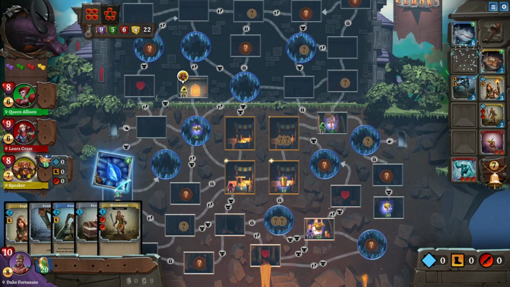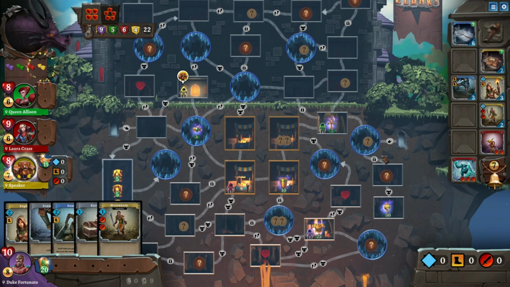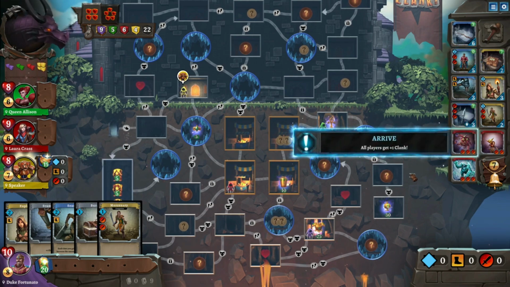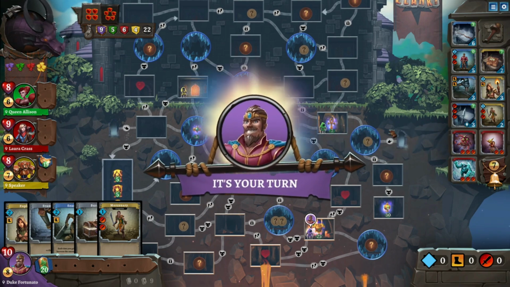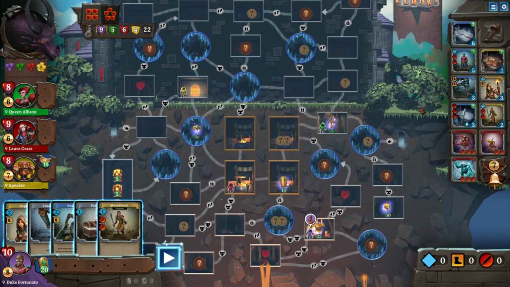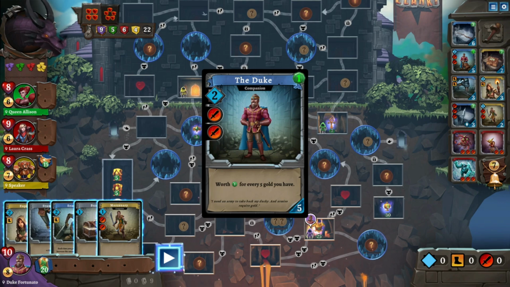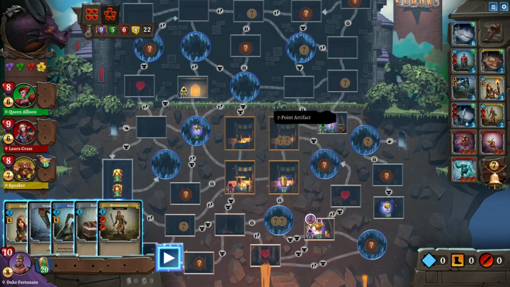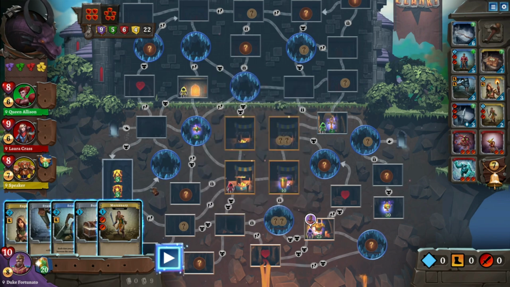All right. Yeah, someone finally bought the sapphire. Jeez. Okay. The Duke. Worth 1 for every 5 gold you have. Well, that's an interesting pickup. All right, let's...